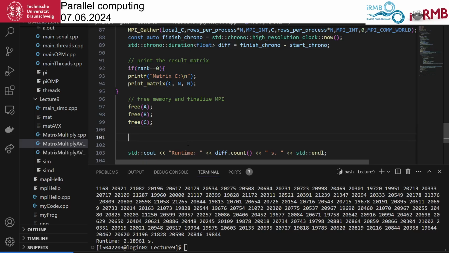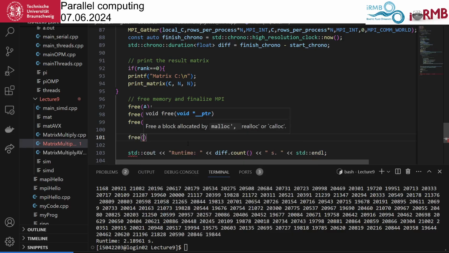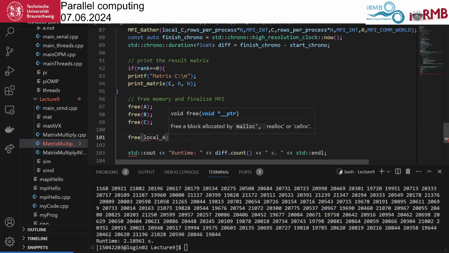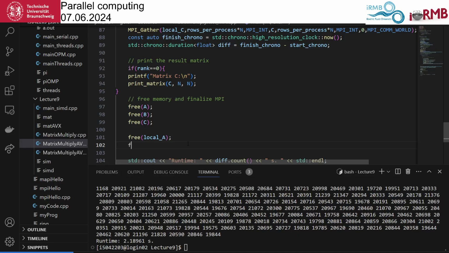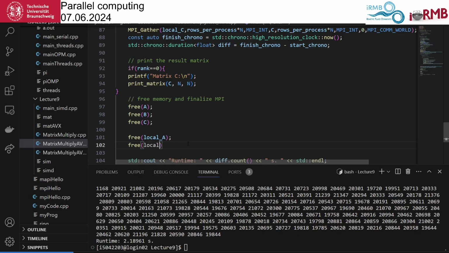So we introduce two more things. I hope everybody has done this too. We have to free local A, and we have to free local B. So this has to be freed, and then there is one thing that remains to be done, which is what? MPI finalize.